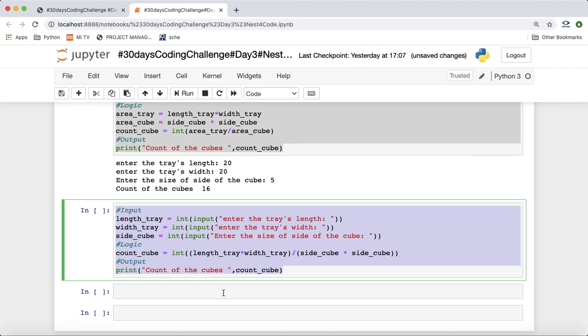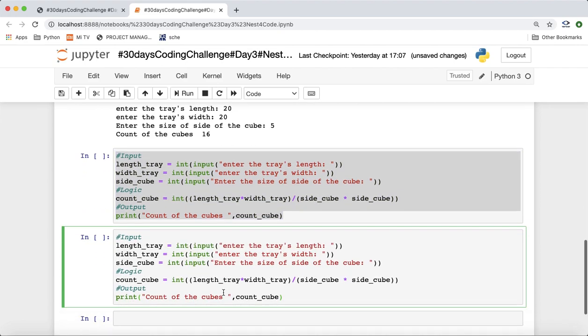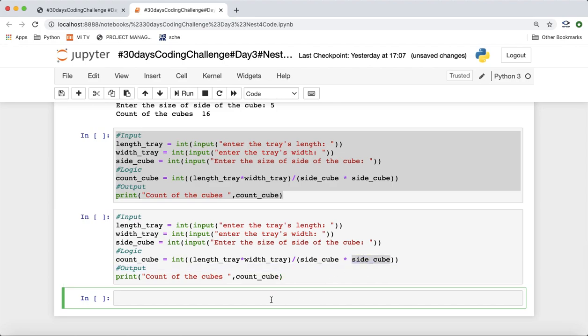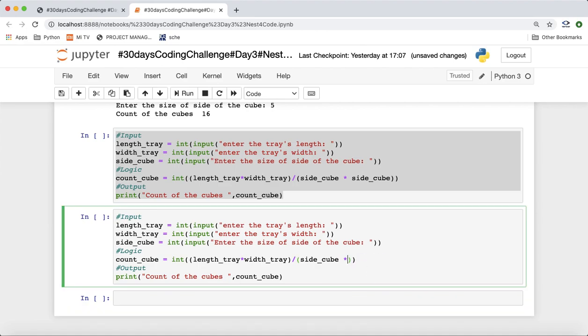And also there can be one more way to write this side into side of the cube. So guys, we know, right? We have a power operator in Python. If we want to express it like a square of the side of the cube, what we can do? We can just say side star star 2, like this also it will work, right? So these are the three ways we can represent the same problem, and there are different approaches.